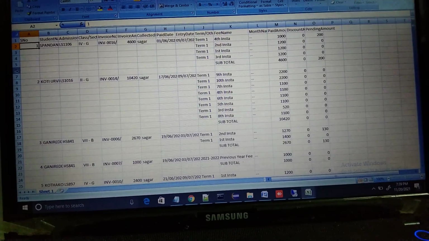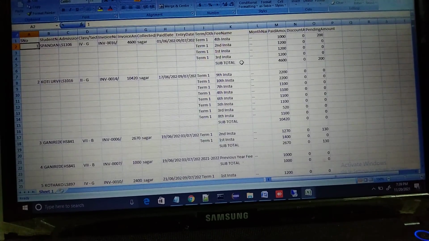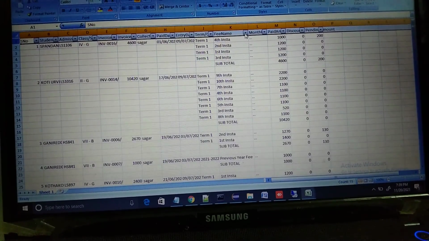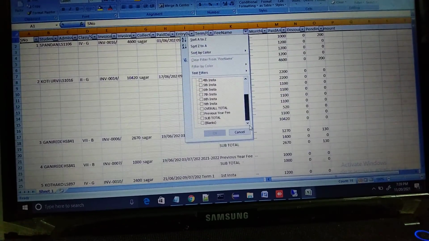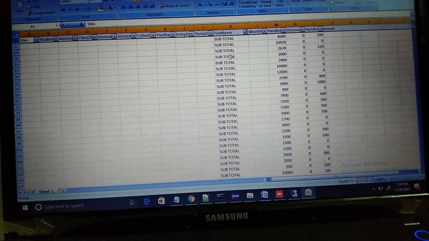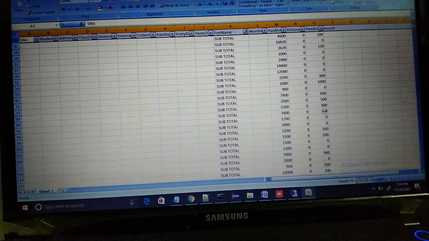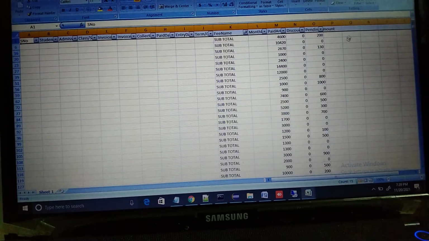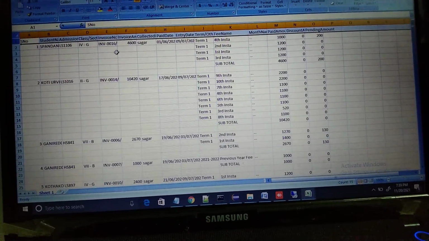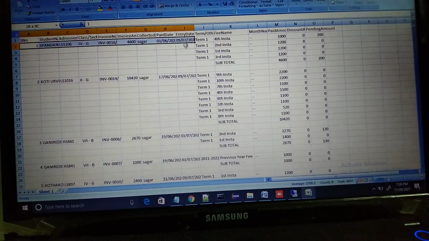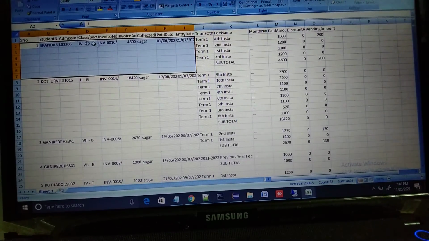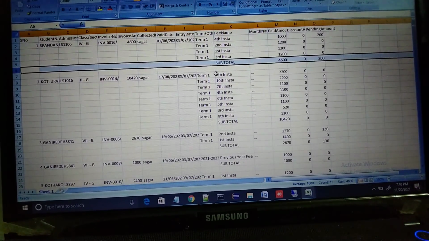One of our clients wants to check the subtotal against each and every student. To achieve that, once he gives a filter, he won't get the student names. You will just get the filtered subtotal of all students, but he has to know which student this subtotal belongs to. So the entries which are available should appear in all cells, or at least against this subtotal cell.